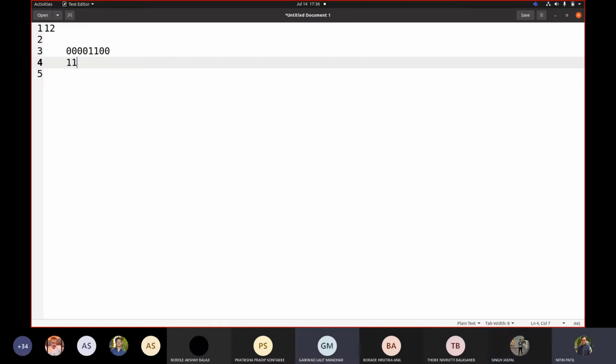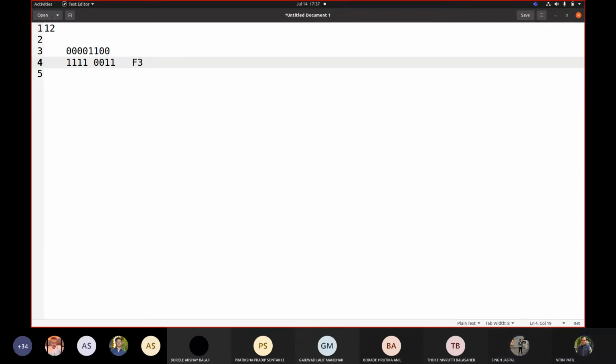You make 0 to 1, 0 to 1, 0 to 1, 0 to 1, 1 to 0, 1 to 0, 0 to 1, 0 to 1. What is this number if I represent it in hex? Is it F3?